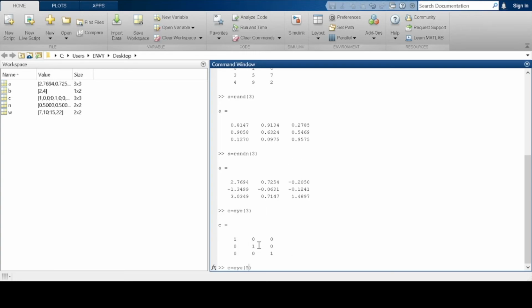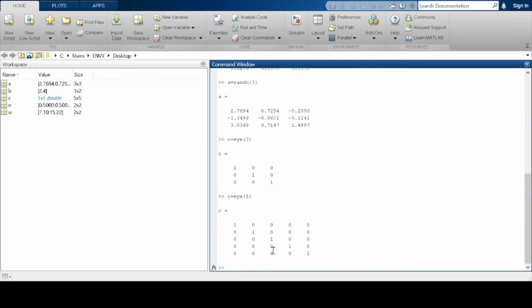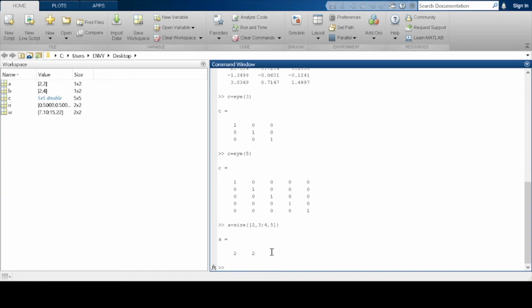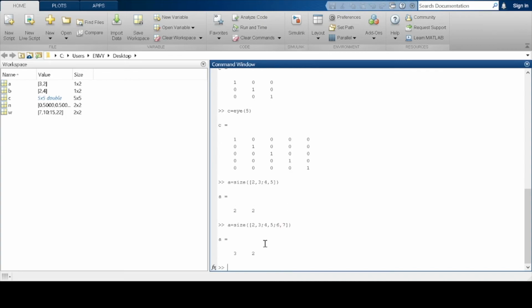So you can also do this. We can get the size of a matrix using the size function. So for example, we use size. So it gives 2 cross 2. Or you can use any matrix. So you can even do, so 3 rows and 2 columns.